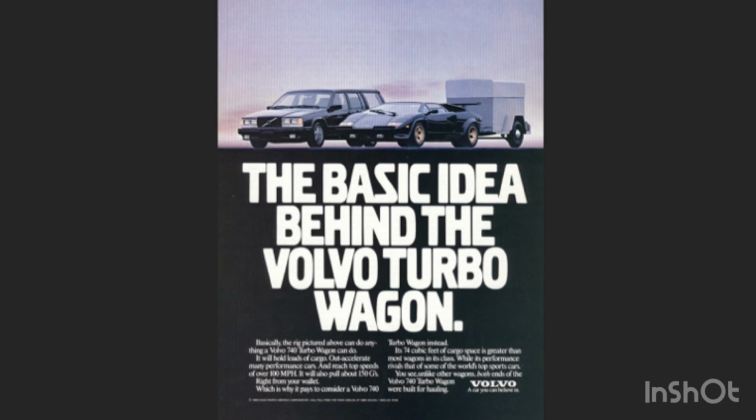And that's creating that kind of acceptance of this as a driver's car, as not just something that carries a bunch of stuff from A to B, but something that's really worth driving. And so it doesn't just separate it from other estate cars. It puts an estate car in a category of one in terms of being a fast, exciting, interesting, exotic estate car. It's the only one like that. You might even go so far as to say it's the only practical supercar of the 1980s, which is kind of nuts because, again, it's a big boxy estate that actually is half as fast as a Lamborghini Countach. But anyway,